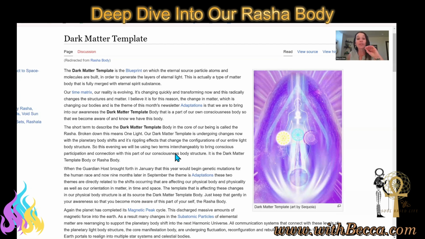Think of the dark matter template as really where the blueprint is impressioned by the thought or the consciousness fields. But these are the consciousness fields of the yanas. These are the consciousness fields of, say, the Elasa Melchizedek streams. These are the consciousness fields that come from the core God worlds.